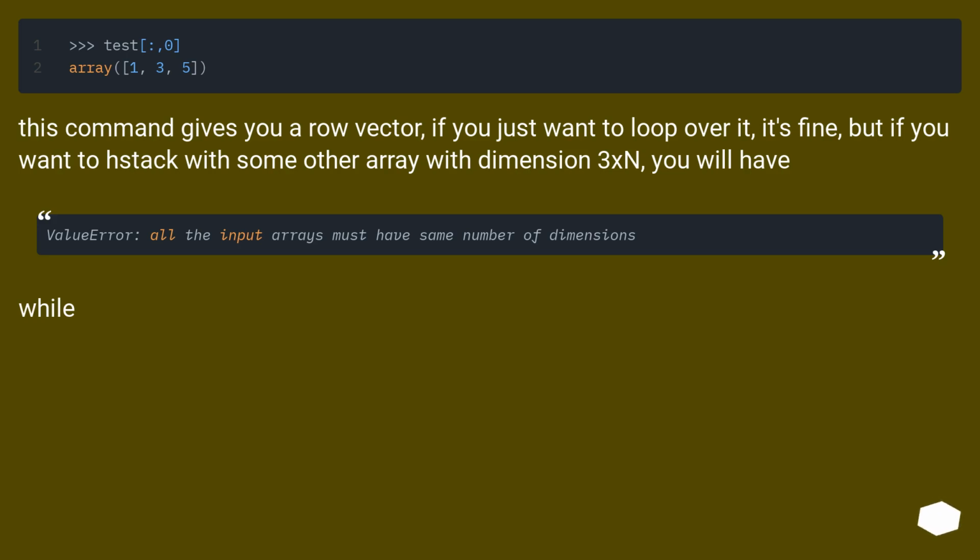This command gives you a row vector. If you just want to loop over it, it's fine, but if you want to stack with some other array with dimension 3xn, you will have, while